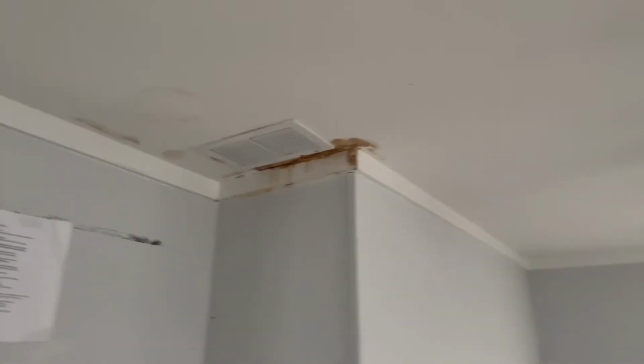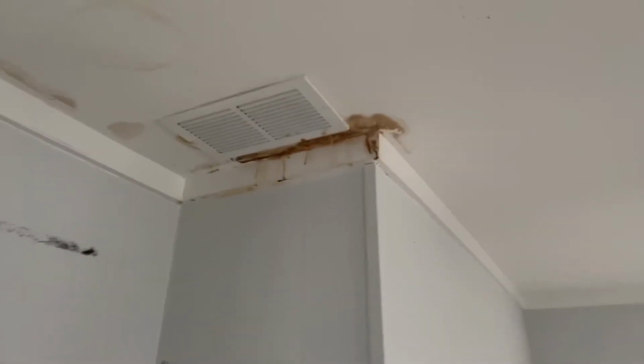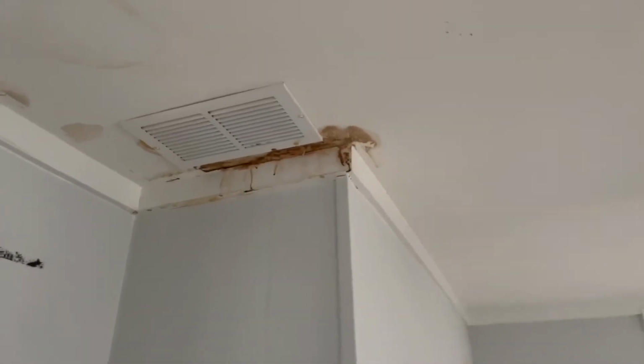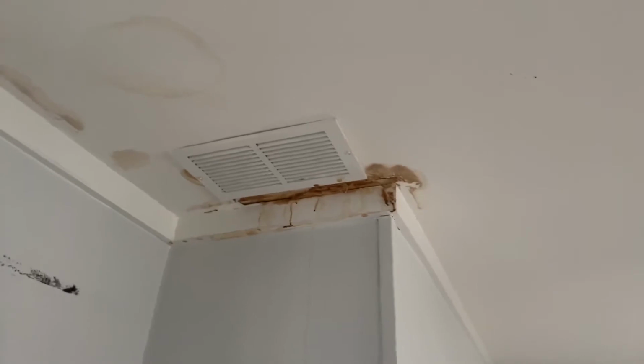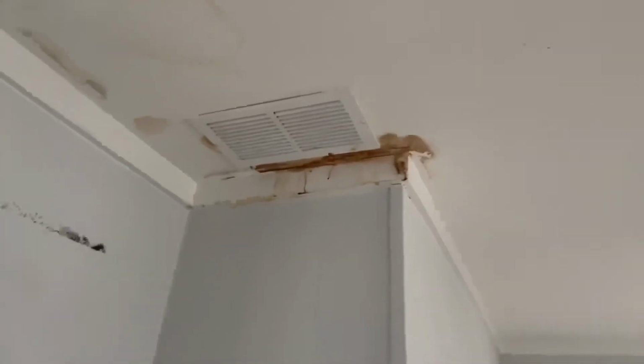And here's an area that I was really, well, I wasn't concerned about, but I really wanted it to stop leaking. Now listen, if you have a leak, you want to either call your landlord and get it taken care of immediately, or if you own the house, get it taken care of. So I'm sure that I patted myself on the back many times about how awesome of a landlord I am. But if they would have called about that immediately, as soon as they saw one drip,